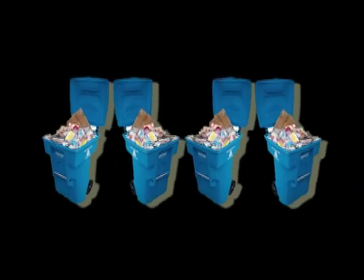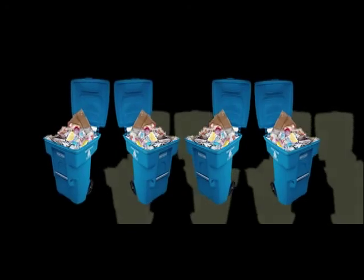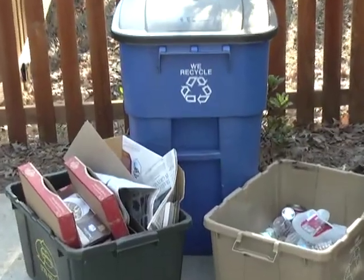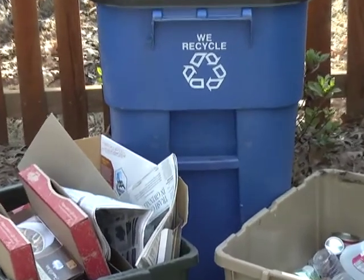There can be significant upfront costs for a community, and these costs must be weighed with the long-term benefits of the switch, which can include increased participation by residents and increased recyclables collected. Initially, we spent $225,000 just on containers, supplying a container for every household. Other than that, with our current fleet of trucks and our current manpower, there really wasn't any additional cost, just the upfront cost for the